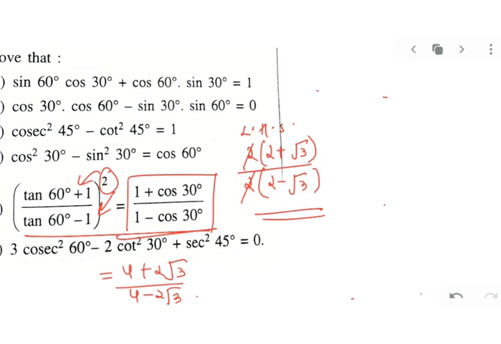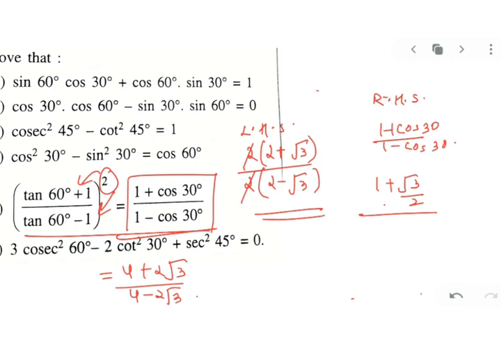Now I'll solve the right hand side. Let's see if I'm getting the same value. I'll put 1 plus cos 30 upon 1 minus cos 30. Let's put the values. 1 plus cos 30 is 1 plus root 3 upon 2. My dear kids, you may not know all the values. You can refer to your table for the time being, and once you get used to this, all the values will be in your mind and you will directly put them as I am doing.